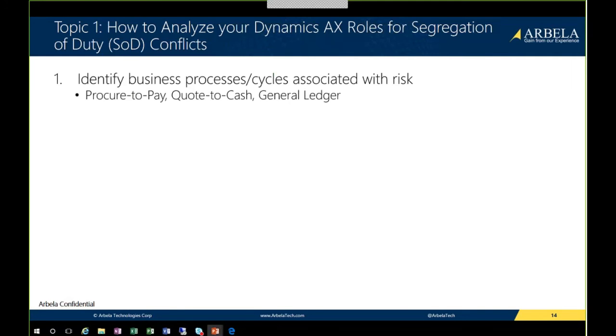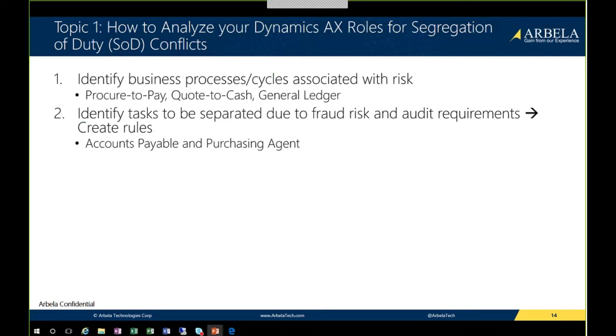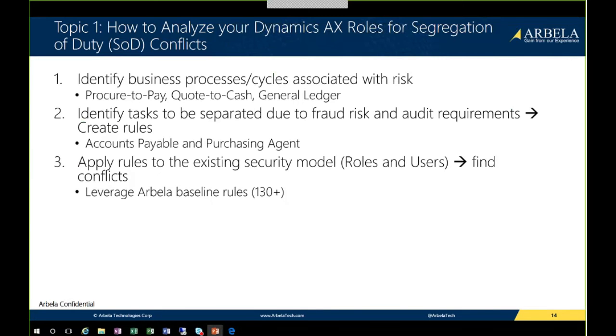So continuing on with the topic, just to review the process we go through. We identified a business process. We gave some examples of different processes or process cycles that we identify tasks for and assign a level of risk. After identifying the tasks and the level of risk, we create rules to go with them. For example, an accounts payable clerk and a purchasing agent, and two tasks are identified within those rules.